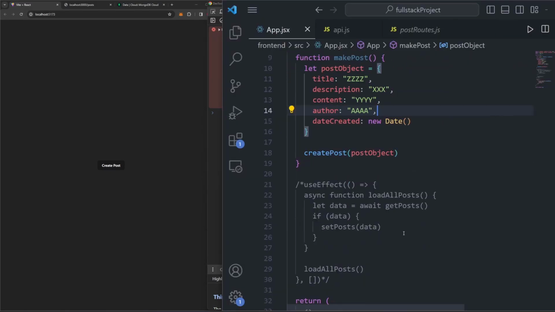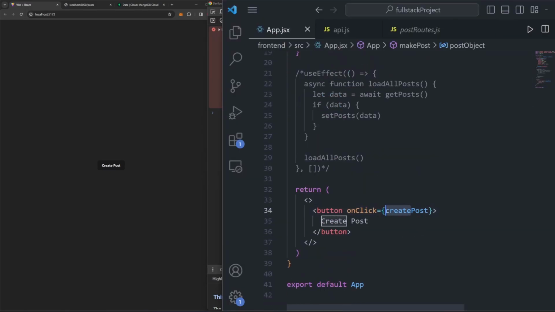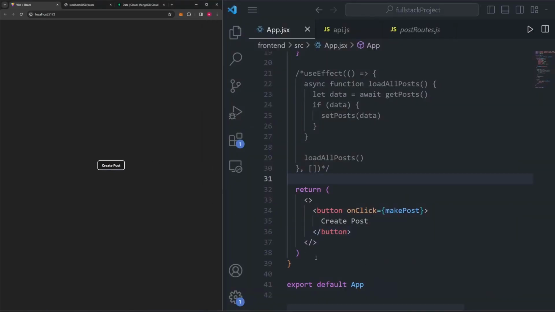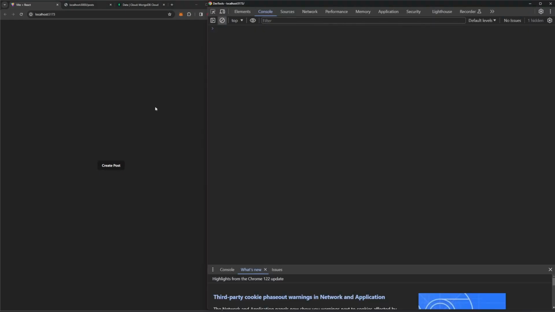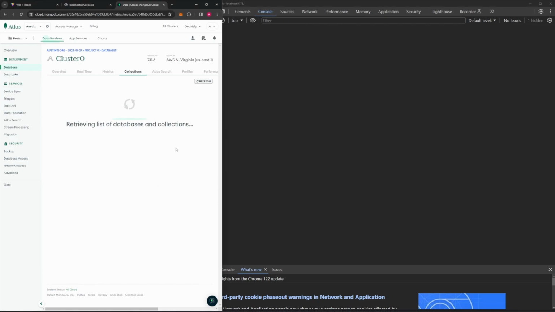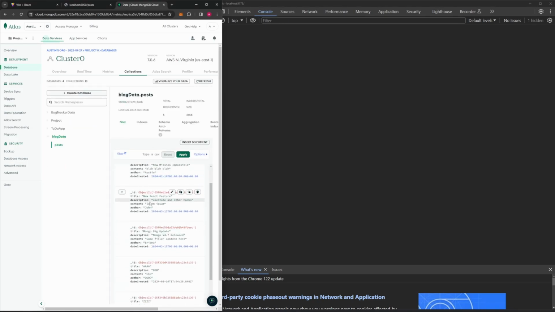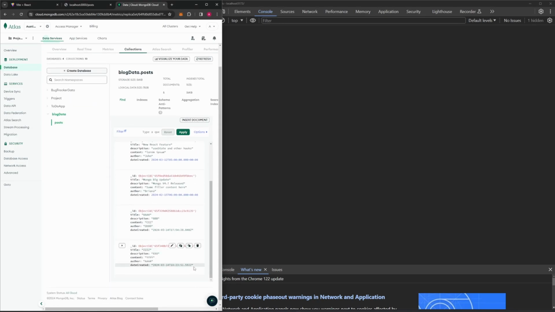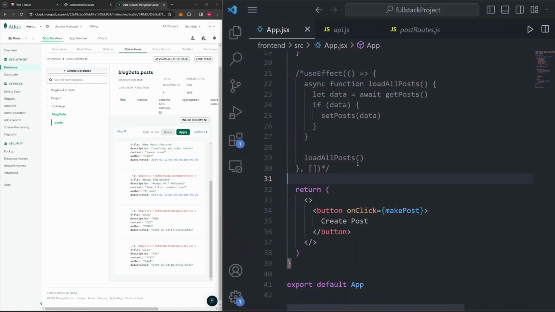Oh, and that's actually because I forgot to change the name here. And just to make post, and let's finally test it and see if this one works. Let's save this file, click create post. Hopefully, okay, there's no errors this time. That's a good thing. Let's go into Mongo. Let's go ahead and save it. And let's see if it created a post. You can see it says out of 5. And down here at the very bottom, you can see it just created a new post, just like we specified